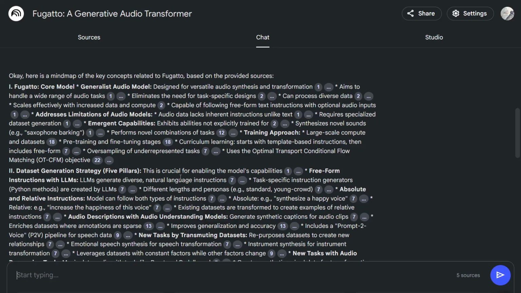Yeah, and they didn't stop there. They also focused on both absolute and relative instructions, which is super important for capturing the nuances of how we perceive sound. Wait, what's the difference between absolute and relative? An absolute instruction is straightforward, like synthesize a happy voice. But a relative instruction is more about change. So it'd be like, make this voice sound happier or make this melody more complex. Oh, so it's all about how we describe sound compared to other sounds. Exactly. That's clever. So we've got LLMs cranking out this huge library of audio instructions, some straightforward, some comparative.